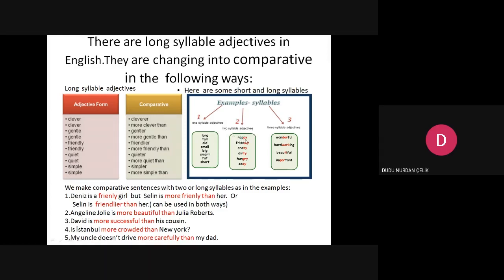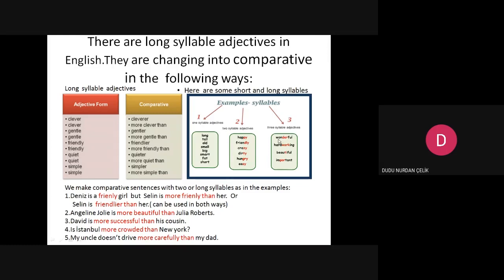But we have also got two-syllable adjectives. We say happy, friendly, crazy, dirty, hungry, easy, two syllables. And we have got three-syllable adjectives, and we say them long syllables. Three syllables are long syllables.